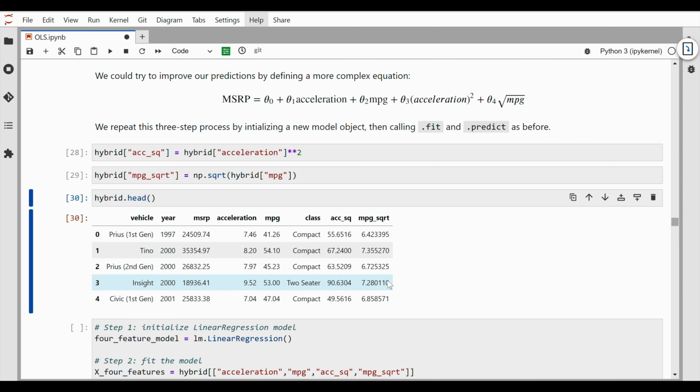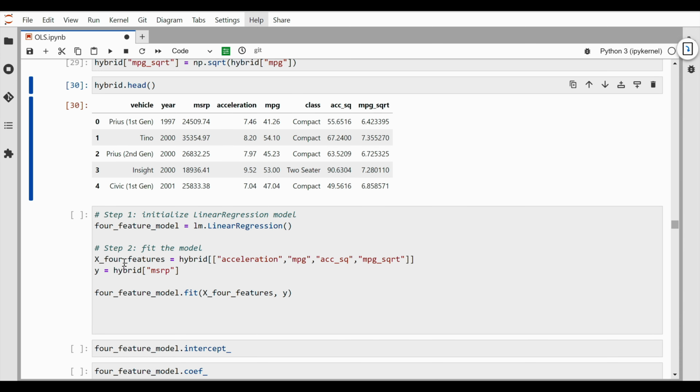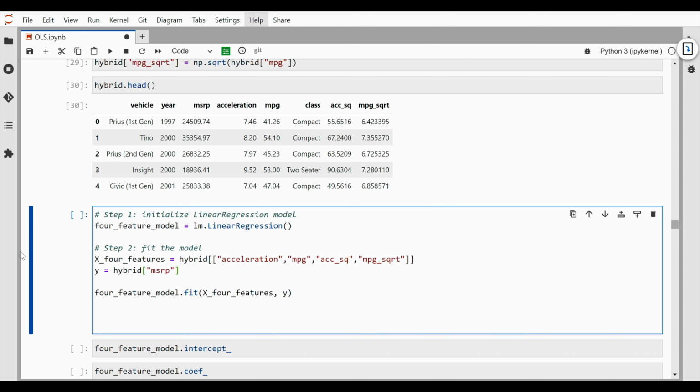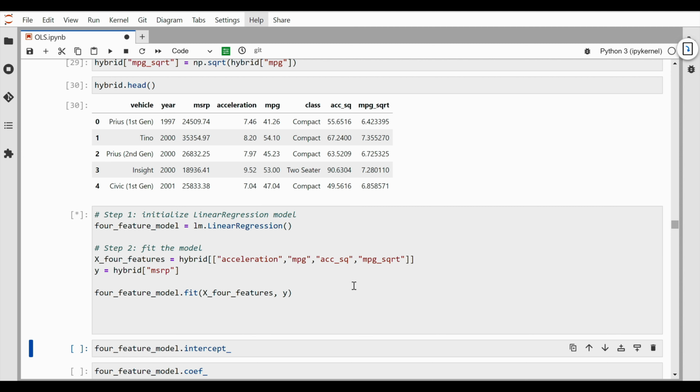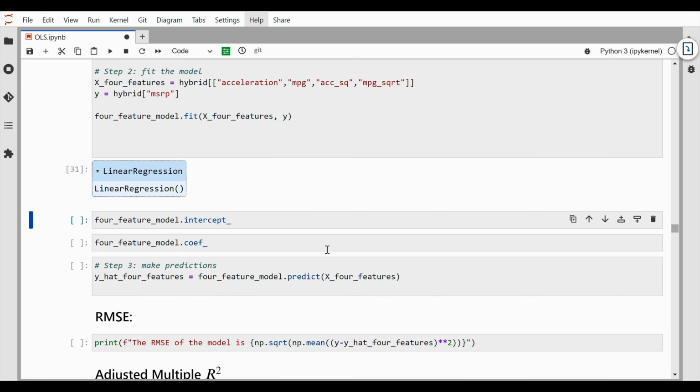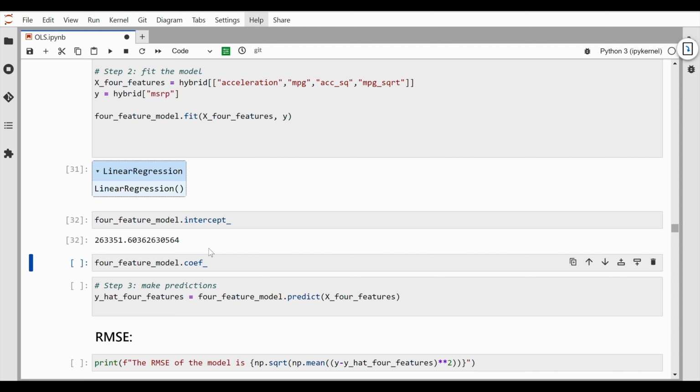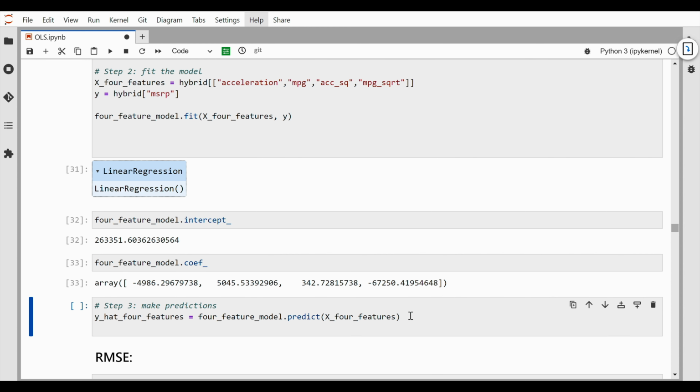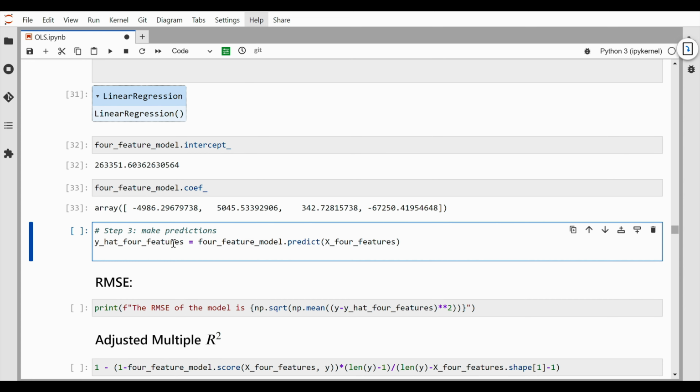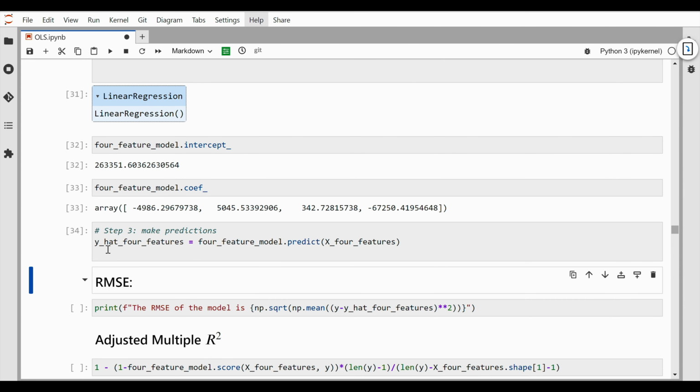So now for my linear model, I'm still going to initialize it. I'm calling it my 4-feature model because I'm going to keep acceleration and miles per gallon, but now I'm going to add acceleration squared and the square root of miles per gallon here. And then we're still predicting MSRP. So all of that is set up correctly. And then you can see the values that get fit. So here's my intercept. Here are the coefficients for those 4 predictors. And here are the actual predictions that are made,